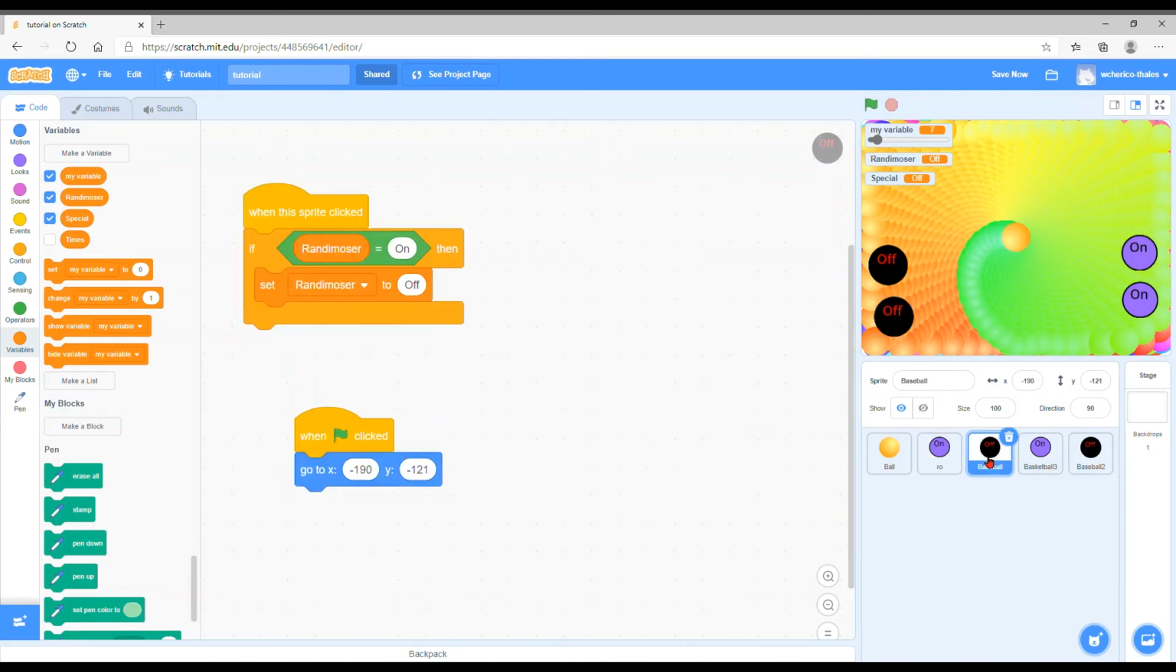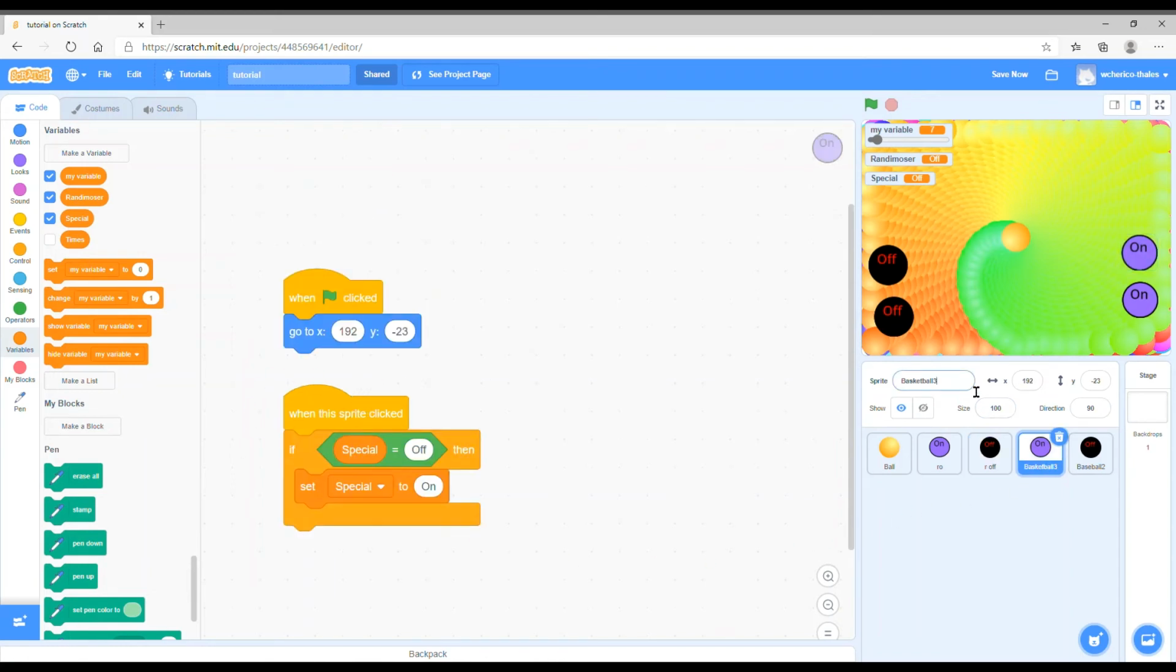Then we're going to have this baseball, which you use to turn the randomizer off. Randomizer off. Then we have, when this red is clicked, if your randomizer is on, then turn it off, and then its location here. Then we have basketball 3, which is special on, and it has its coordinates, and if special equals off,